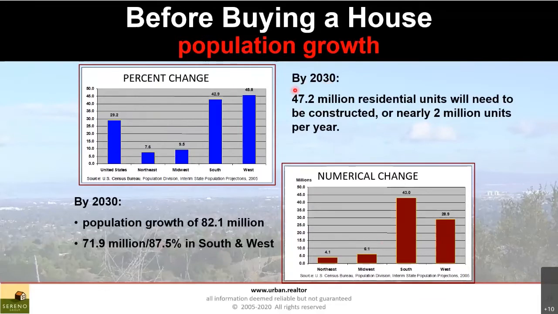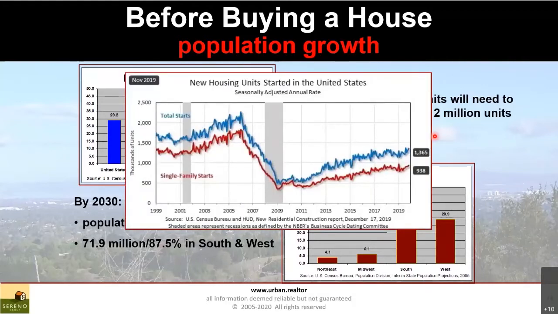So we see that the growth is mostly concentrated in the south and the west. We need at least about 2 million new units every year to accommodate that growth, which is basically the demand side of real estate. But then if we take a look,